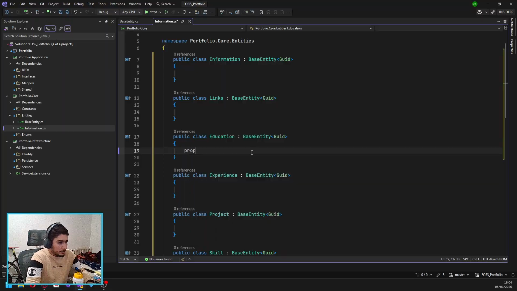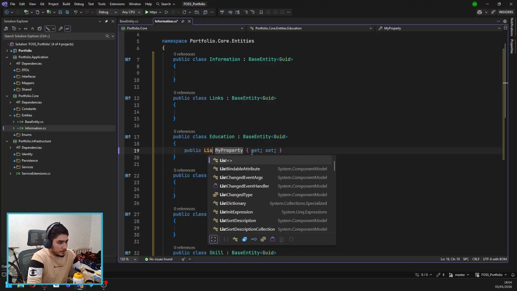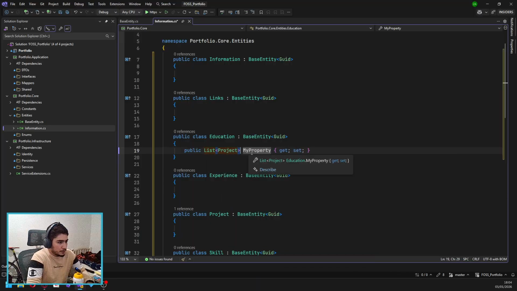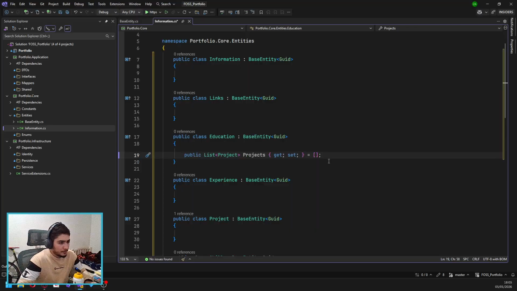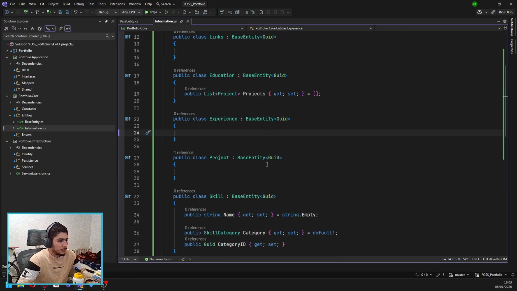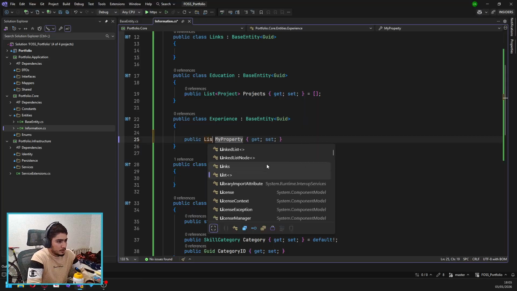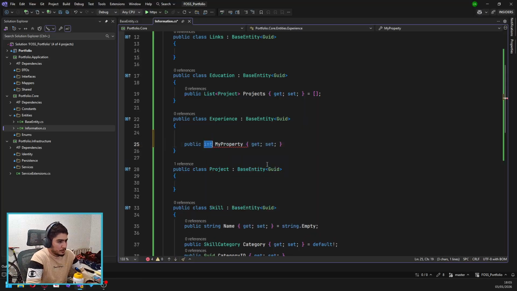Education, as I said, is gonna have a list of projects. Let's call them projects. I don't want to call them school projects because it sounds corny. I don't know if that's the right word, to be honest. It doesn't sound right. Experience as well should have a list of projects. We do the empty array just so it doesn't